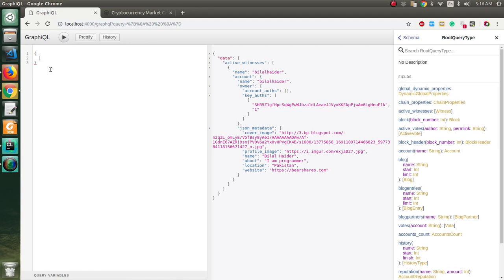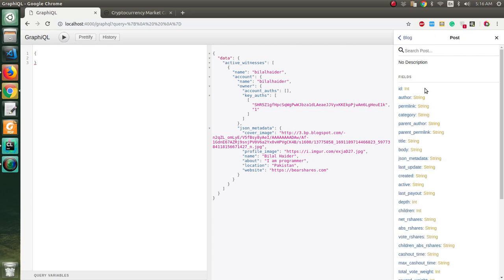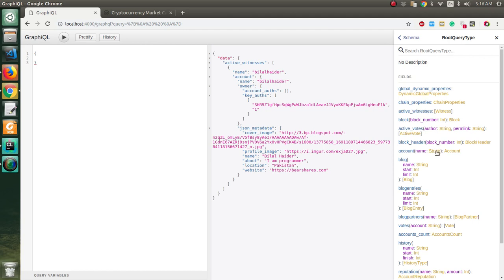Let's see what blog has. So how it's implemented basically is, if we want to get the blog of some user, I need to pass three things. I need to pass the name of the user,